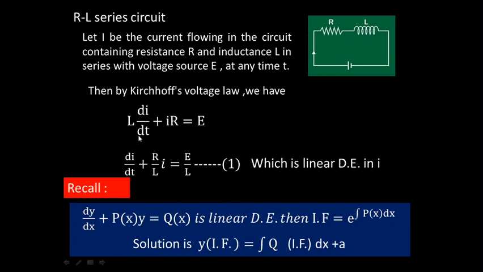Now let's convert it into a differential equation which we can solve. Here the coefficient of the derivative must be 1, so let's divide by L. So we have di/dt plus R/L times I is equal to E/L. If you look at this equation, this is a linear differential equation in I as a dependent variable and t